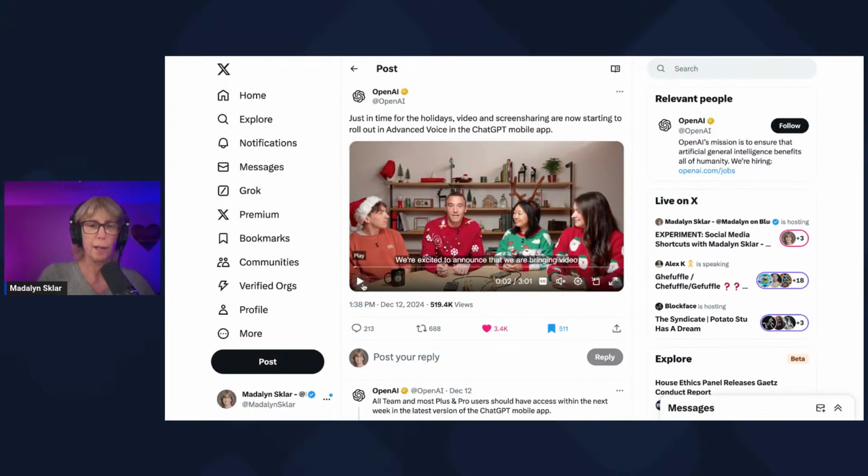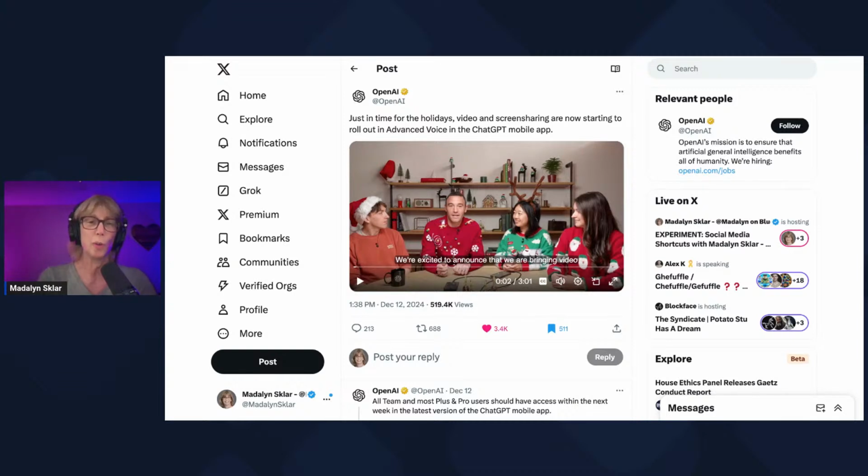I don't know if everybody has seen this or heard about this yet, but OpenAI, which is ChatGPT, they just came out with a new feature. So they have that advanced voice mode, which has been really cool to play with. It's available on the free account. It's available on the paid account. The only thing is on the free account, you're limited to 10 minutes a month, which isn't much, but at least you can play around with it and try.